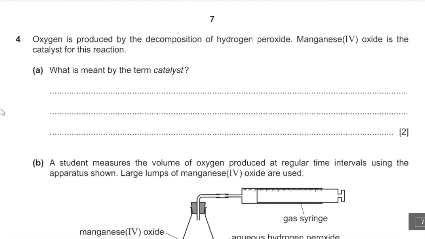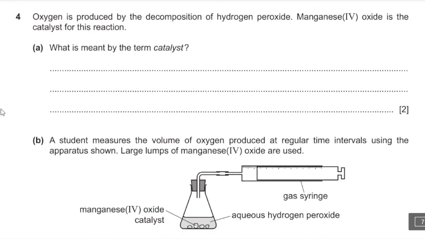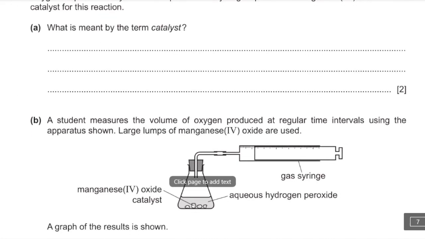4. Oxygen is produced by the decomposition of hydrogen peroxide. Manganese oxide is the catalyst for this reaction. A. What is meant by the term catalyst? So we write the definition of catalyst over here, which is